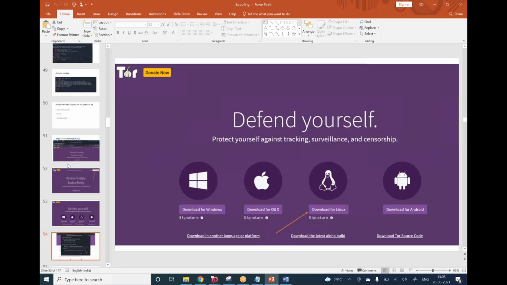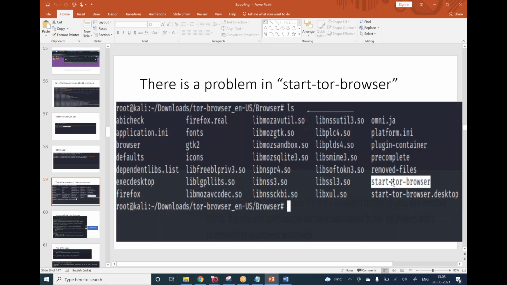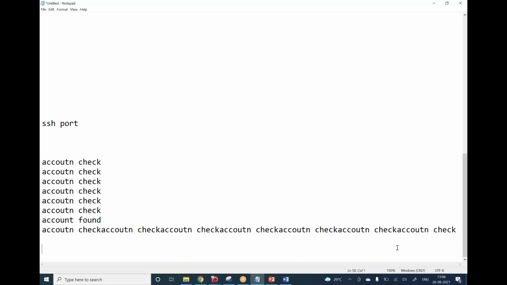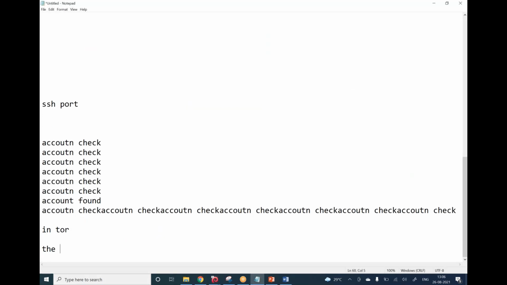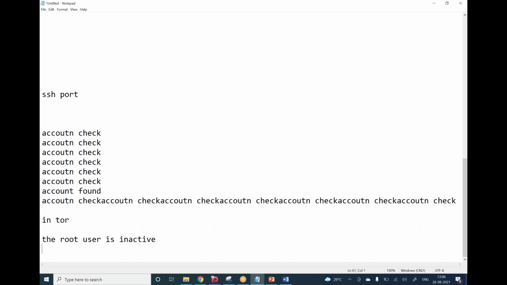This is the problem. Start Tor browser. There's a problem in this because by default in Tor, the root user is inactive. Only you have to use it for a regular user.